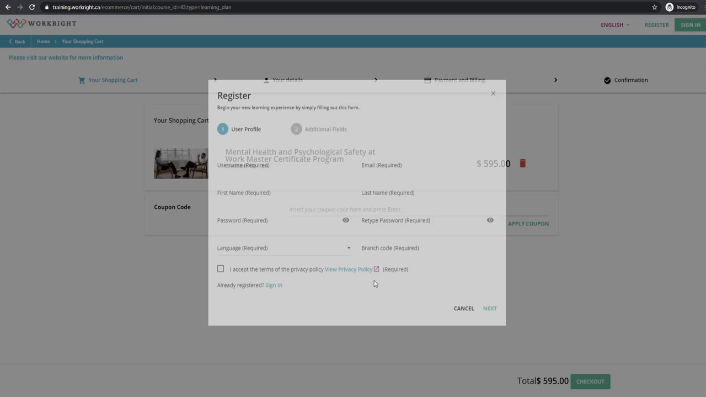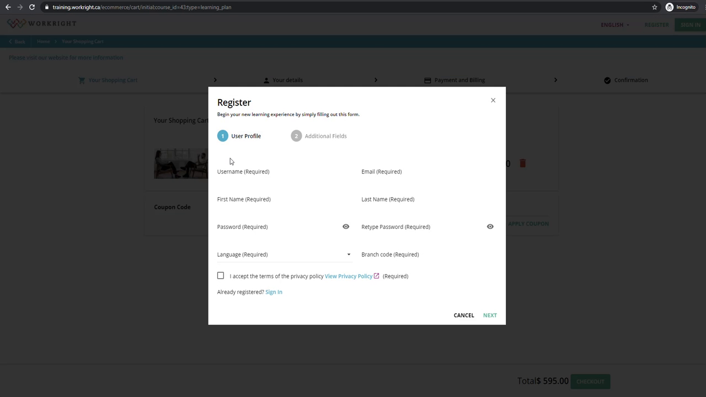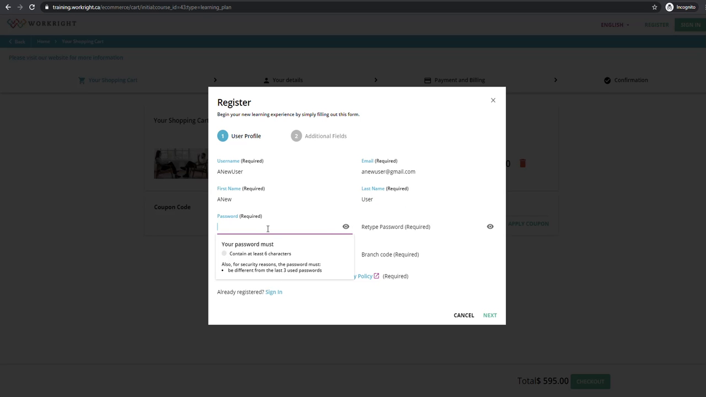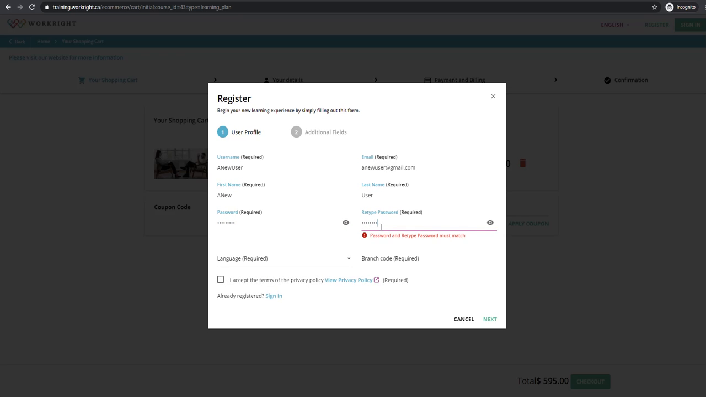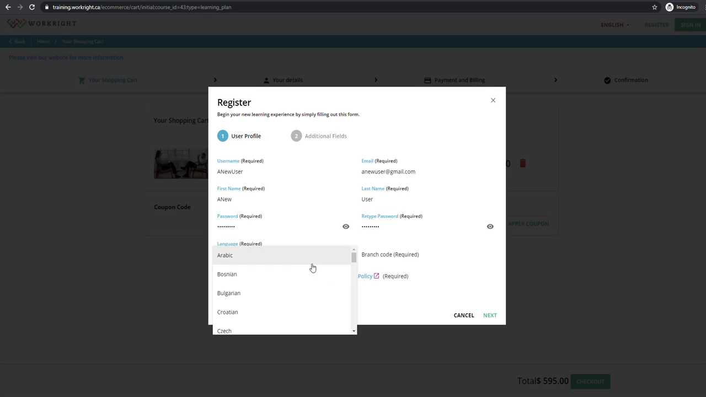Today, we're going to register as a new user, and the new user profile requires that you create a new username. So I'm going to call myself a new user, and I'm going to put in my email address and my first and last name and a password. Remember to select your language,